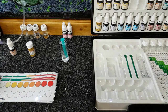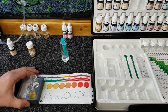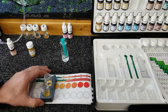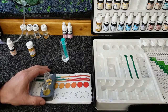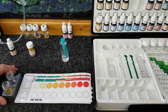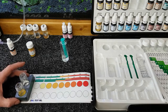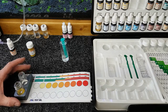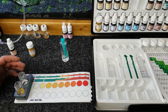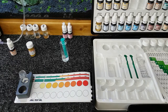Right guys, it's been 10 minutes. So now we can slide that along. And I can see that's going to be 5 parts per million there, which is in the okay range, because we're not at that end of the cycle yet, so we're not going to get much in that range at the moment. So that's basically a quick little run through on how easy these test kits are to use. Very, very simple to use,